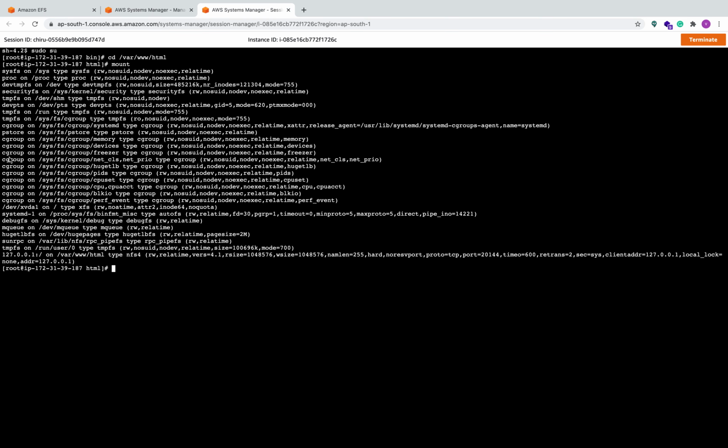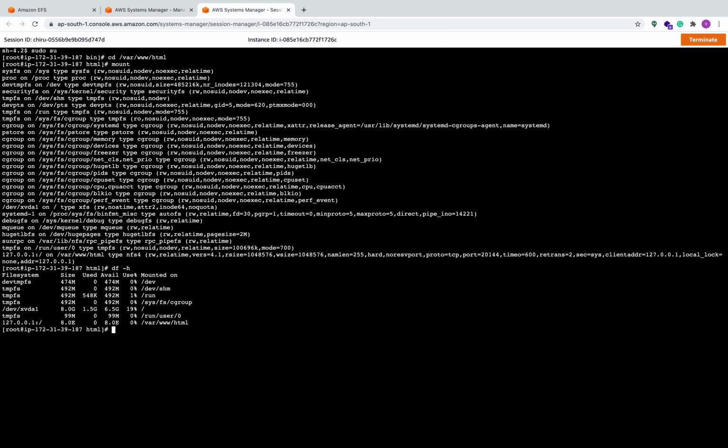Here sudo su, and cd /var/www/html folder, and here you can see mount. This is the file system which is mounted. If you look at this, this is an NFS file system. So it is mounted on this EC2 instance. You can also give df -h, where you can see that it is mounted on this path.